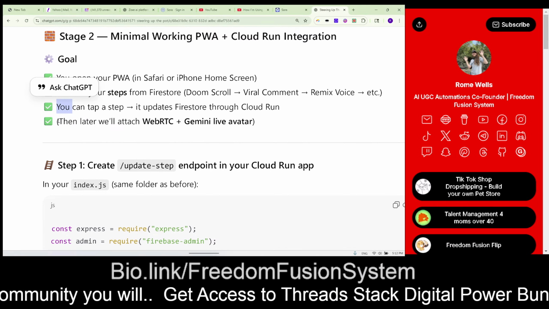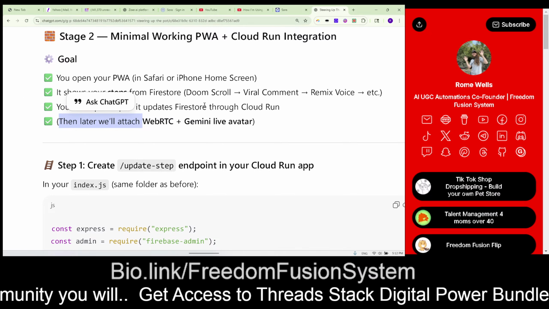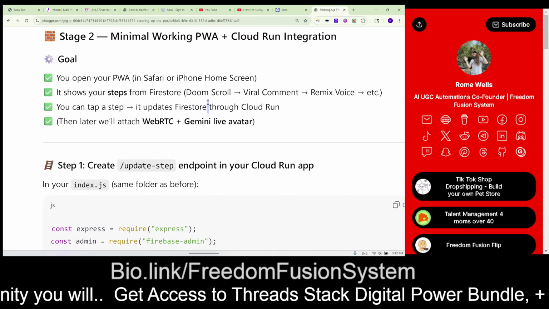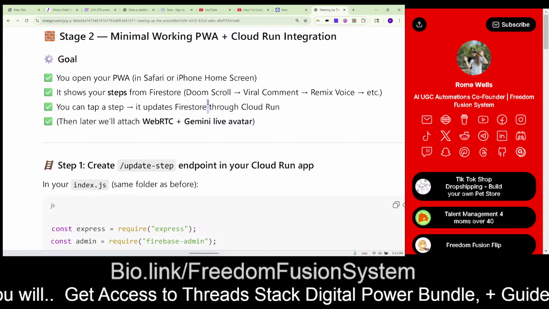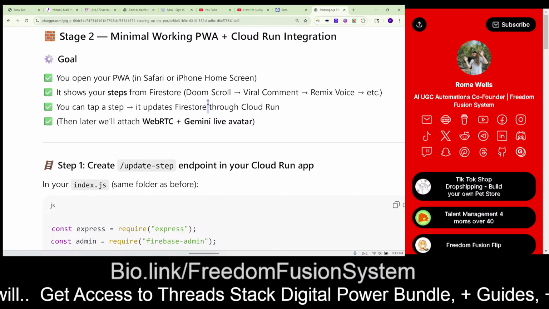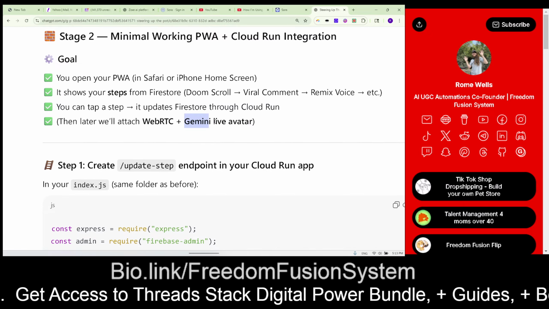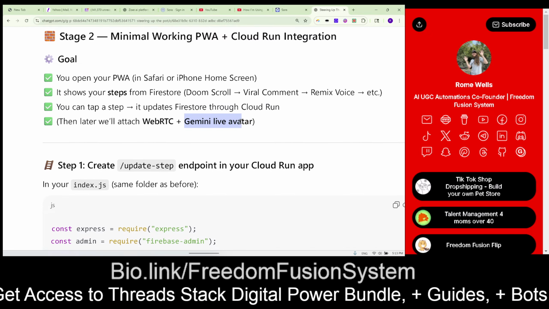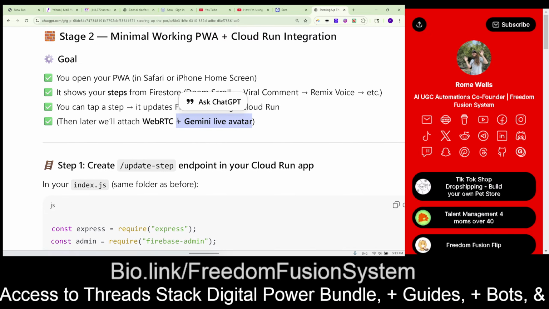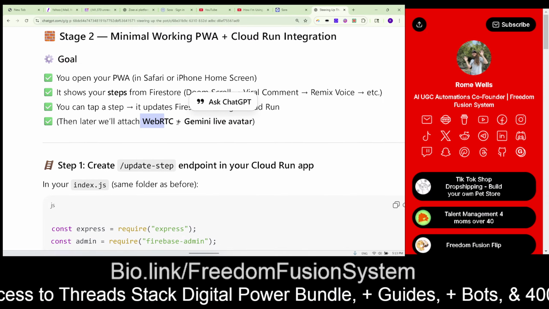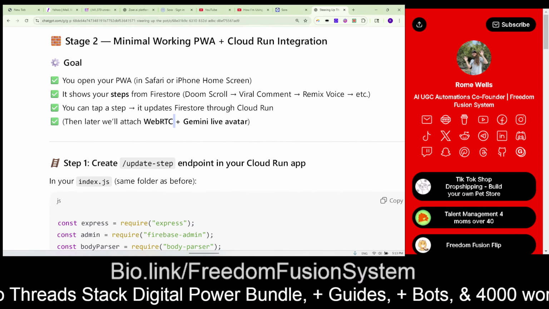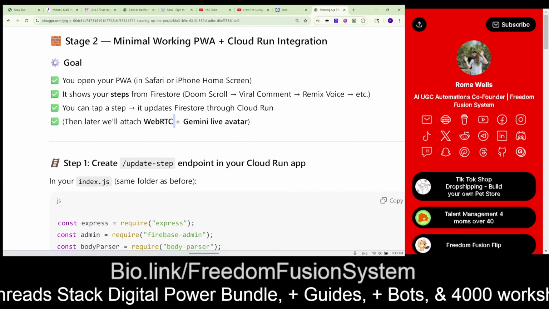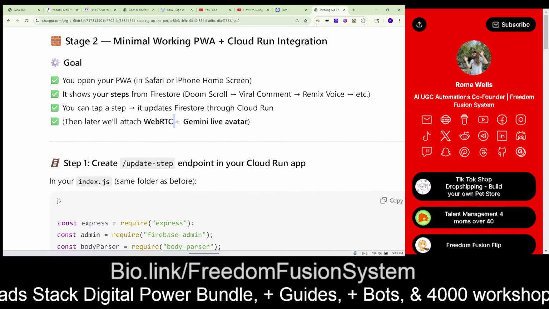What does have to happen? Well, we want to send whatever you do on your phone, we want to know about it. So when you click a button, we want to know you clicked a button. This way, the AI avatar that's going to be fed through Gemini Live API is going to be connecting to your phone through WebRTC protocol. And you're going to see a fire looking avatar that you can communicate with in real time, who can analyze you